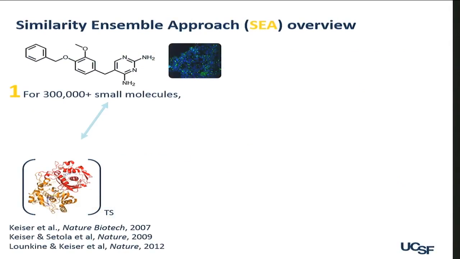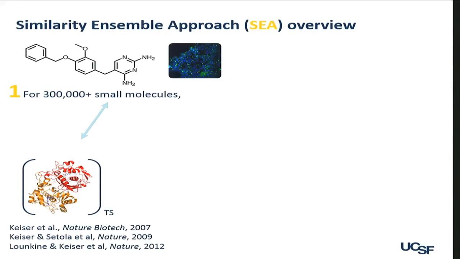One way you could imagine starting to approach this, if you wanted to come at it in as unbiased a way as possible, is that you could look at lots of small molecules. This is work that Stanley Prusiner's group has done, screening over 300,000 small molecules in a cellular assay. Here, the focus is on the propagation of these aggregates from one cell to the other. Out of those 300,000 molecules, which you can select from as broad a library as you can, you look for the compounds that are hits, or at least that are active in some way in this system.